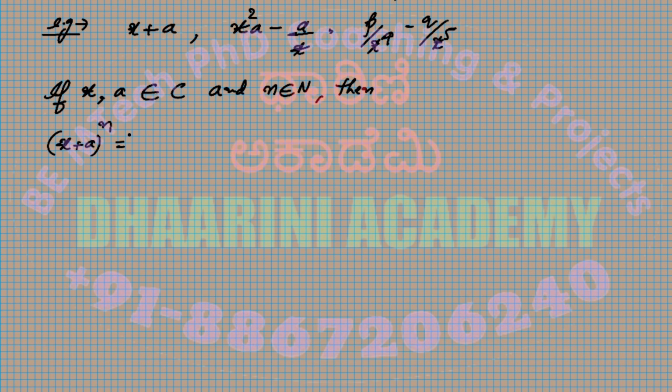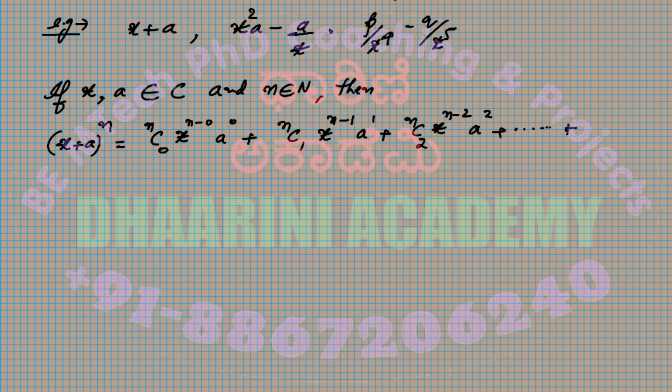this can be expanded using the following format, that is nc0 x to the power n minus 0 into a to the 0, plus nc1 x to the n minus 1 a to the 1, plus nc2 x to the n minus 2 a to the 2, and so on. Let's write the general term: ncr x to the n minus r into a to the r, plus